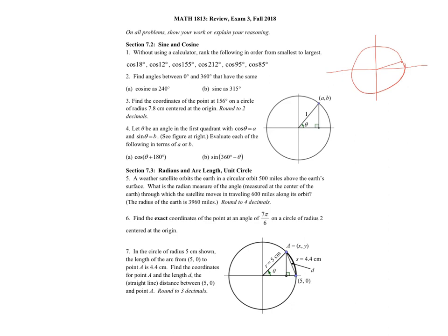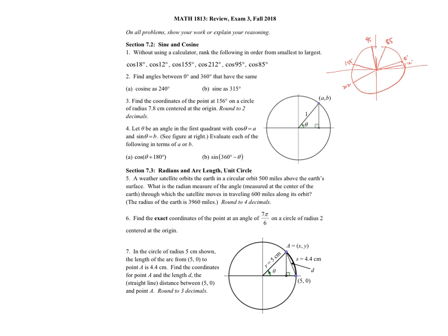12 degrees is even smaller. 155 is going to be way over here. 212 will be over here. 95 will be here. 85 will be here. Oops, 95 will be greater than 90, so 95 will be here. What was this? 155